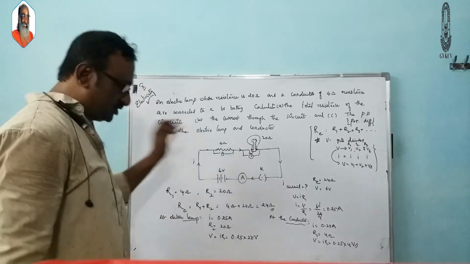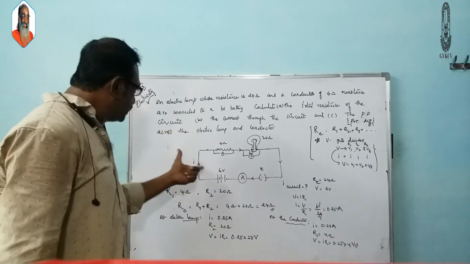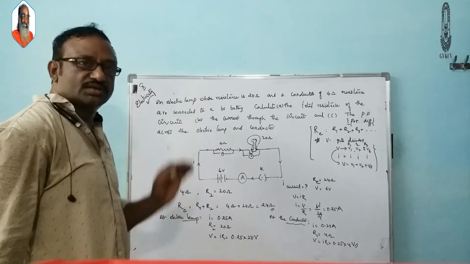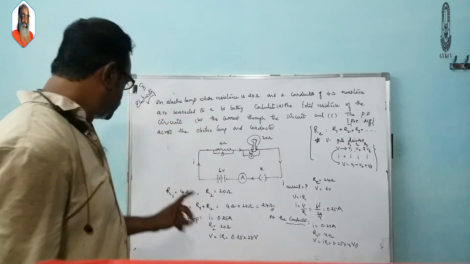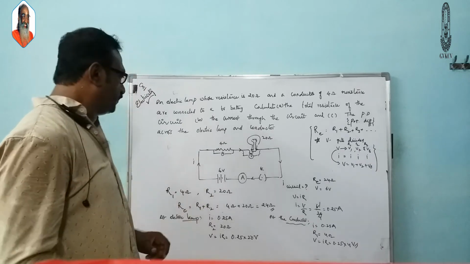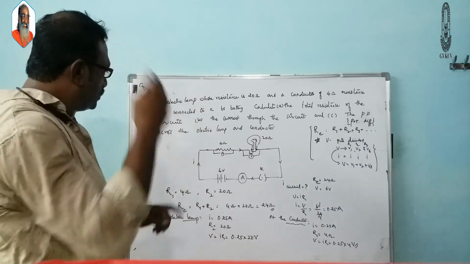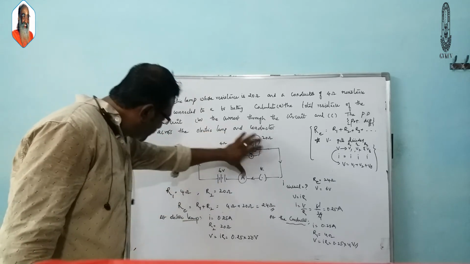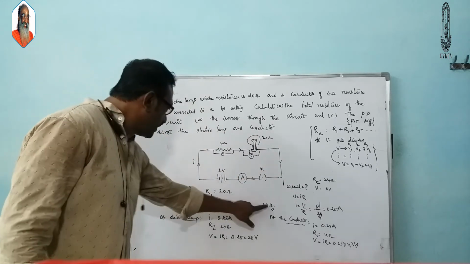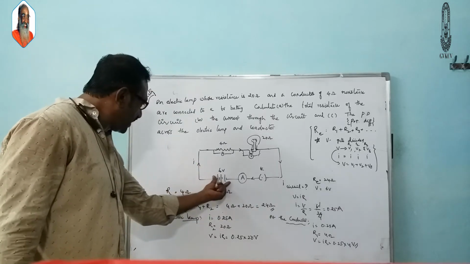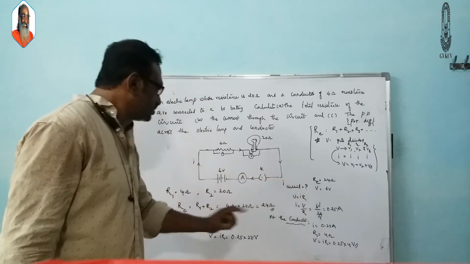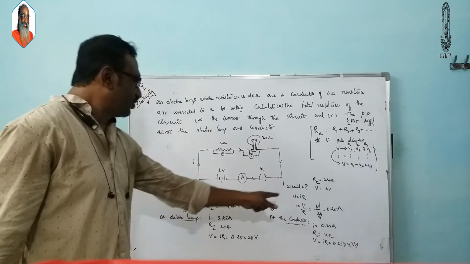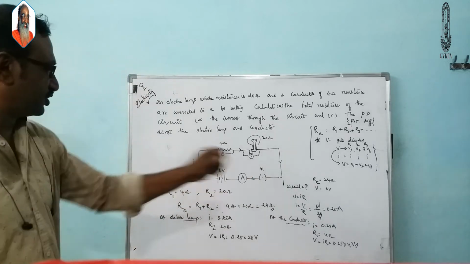Just what is the effective resistance? Just adding the two resistances, because in series the effective resistance is sum of the individual resistances. So Re is equal to R1 plus R2. And what is the current in the circuit? For finding the current in the circuit, we need to take the total resistance in the circuit, the total resistance we found here, and what is the potential difference applied. So it is 6 volts. So using the Ohm's law, V is equal to IR, I is equal to V by R. So we found the current in the circuit, we got the answer there.